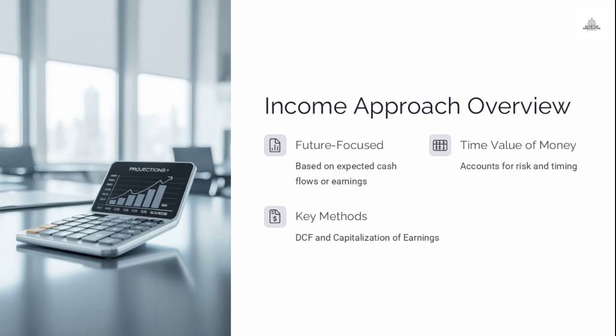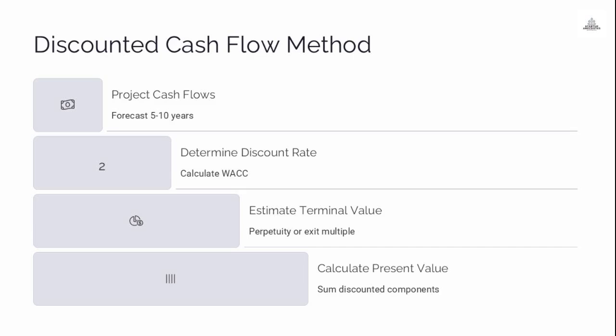The income approach is future-focused, based on expected cash flows or earnings, and accounts for the time value of money, considering risk and timing. Key methods include discounted cash flow, DCF, and capitalization of earnings, providing a forward-looking perspective on valuation. The discounted cash flow method involves projecting cash flows over 5-10 years, determining the discount rate by calculating the weighted average cost of capital, WACC,